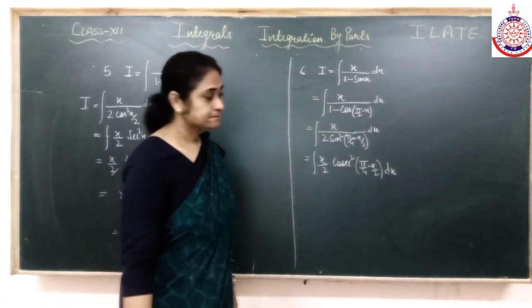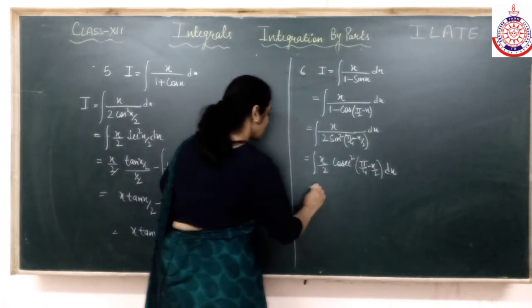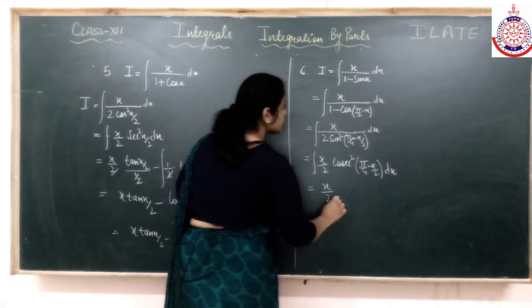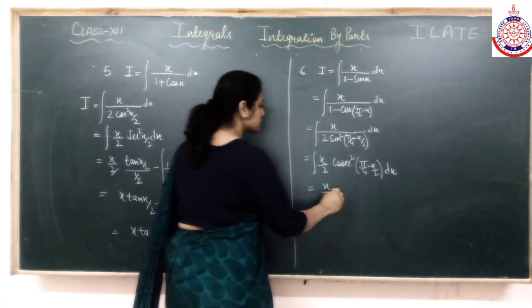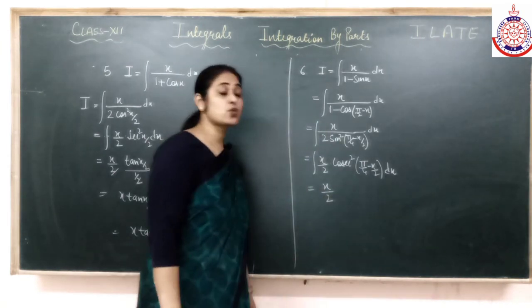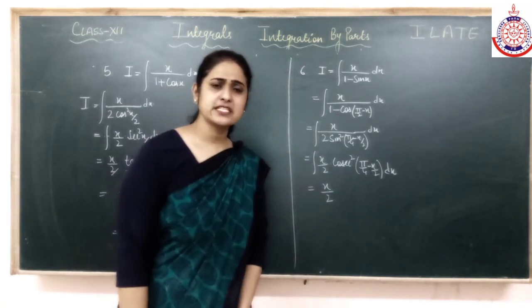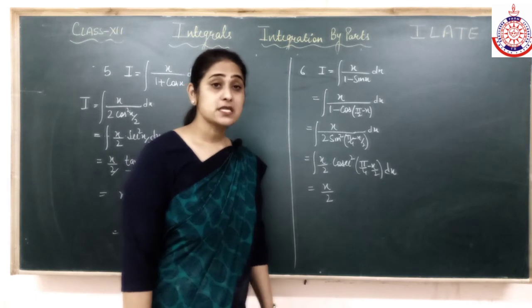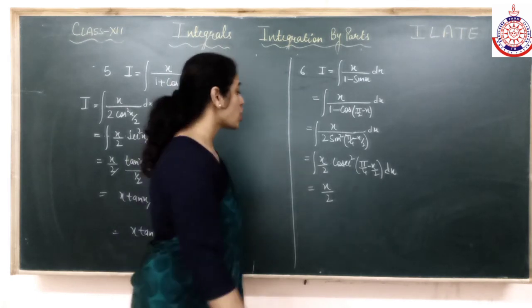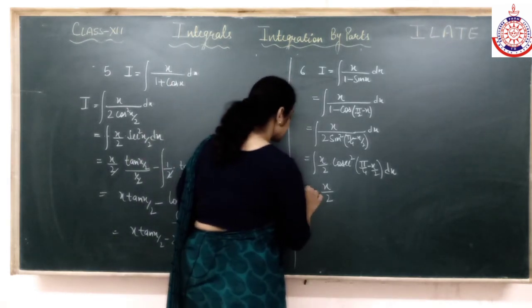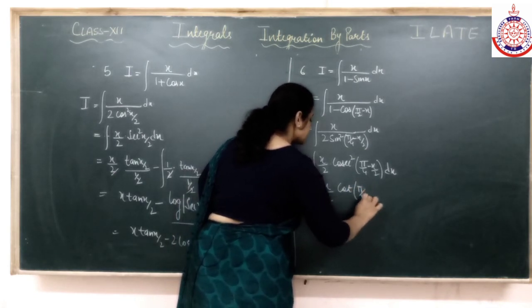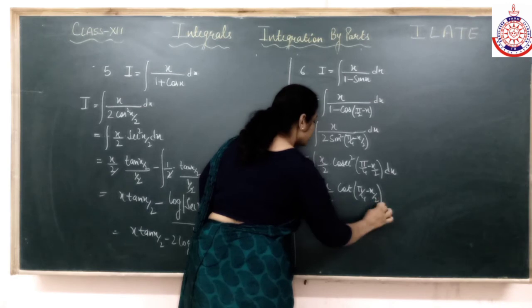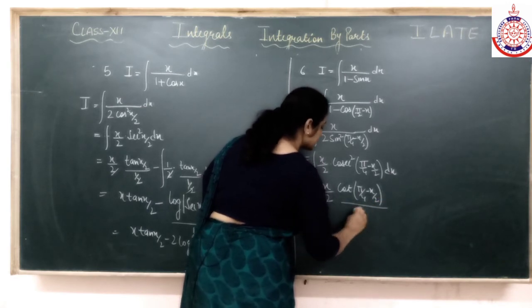Clear? Start. Trigonometry is going to be, algebraic is going to be first, trigonometry is going to be second. First function as it is, cosecant square की integration. क्या होती है cosecant square की integration? What is that? Minus cot. Cosecant square का integration is minus cot x. But जो x का coefficient है वो denominator में जरूर आएगा, that is minus 1 by 2.